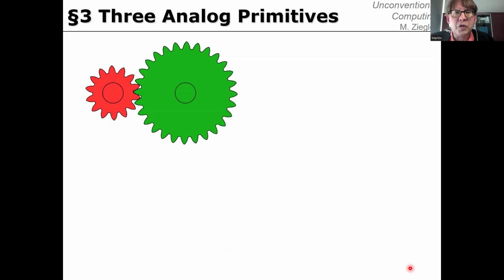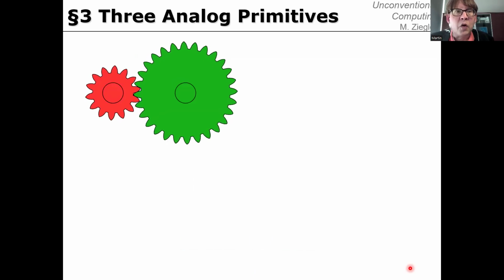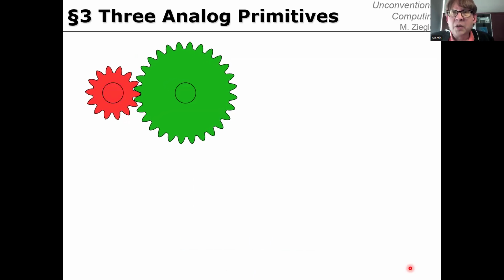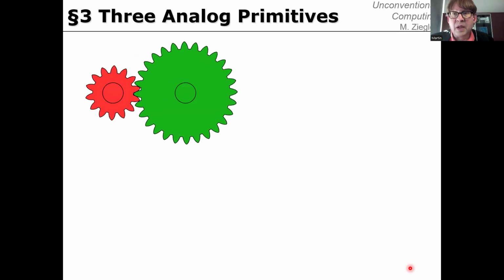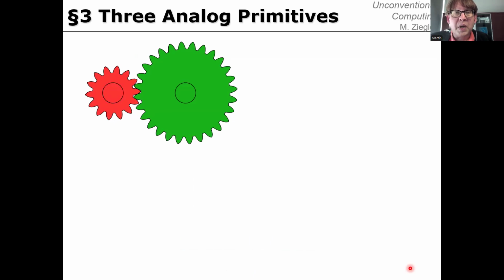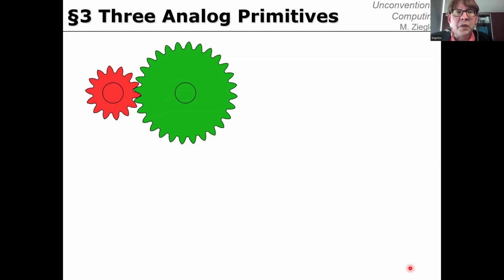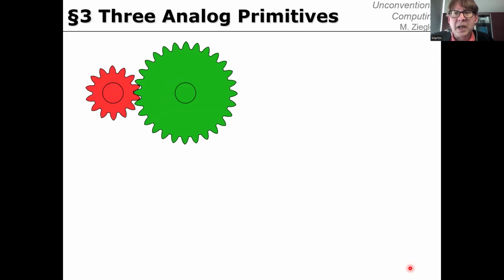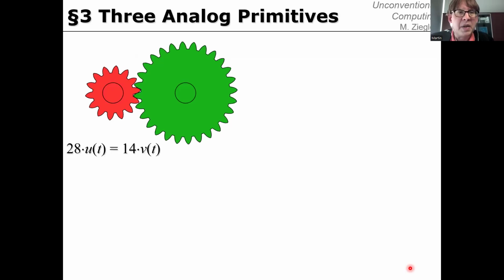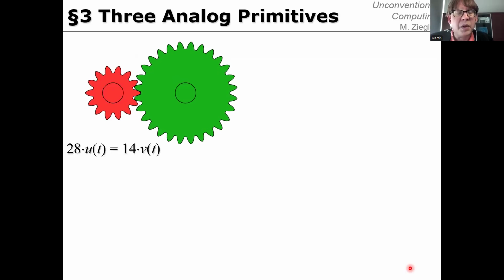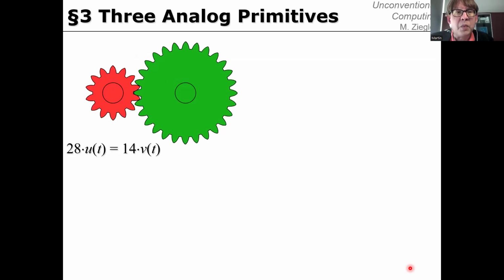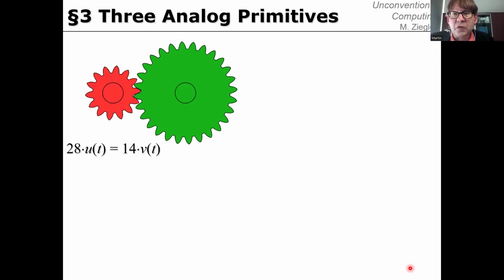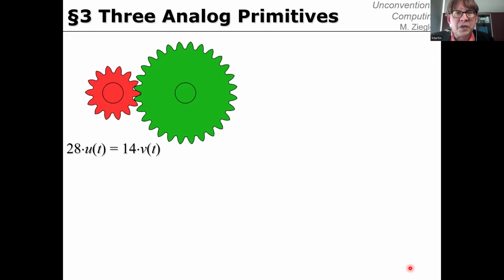So here you see 2 rods connected with a gear to 2 wheels with different numbers of teeth. In this case, one wheel has 28 teeth, the large green one, and the other has 14 teeth, the small red one, so that each rotation of the green rod